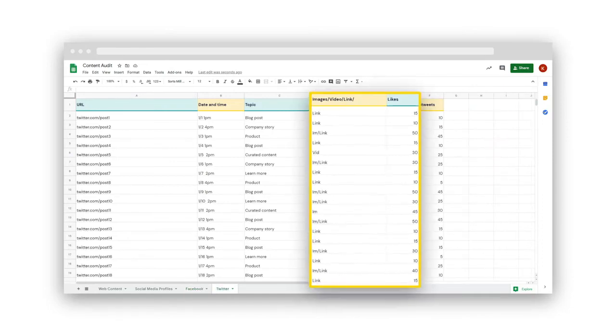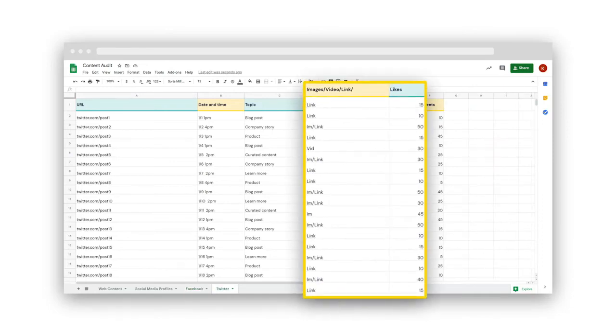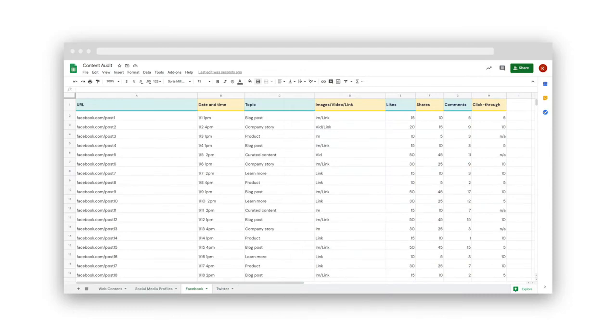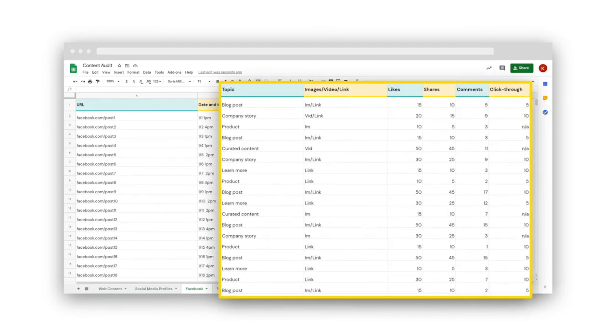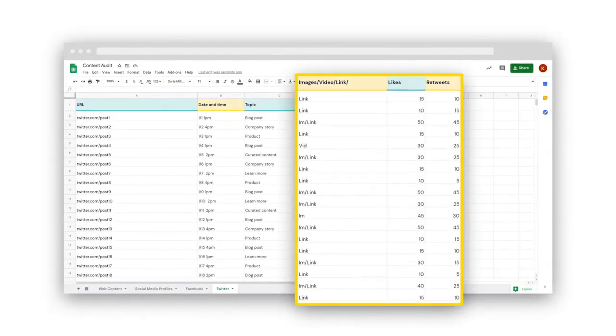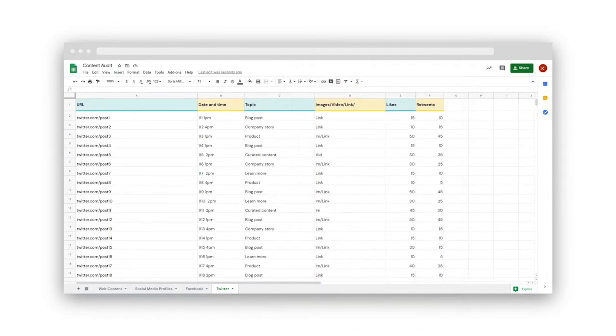Maybe you're seeing that posts with images on Twitter are getting more likes than simple text posts. Make a plan to include images with your tweets going forward. Are you finding that Facebook posts that get the most engagement are more on the educational or the informative side? Since that's what your audience responds to, continue posting educational posts on Facebook. Are the same posts getting little traction on Twitter? Pull back on those kinds of posts.